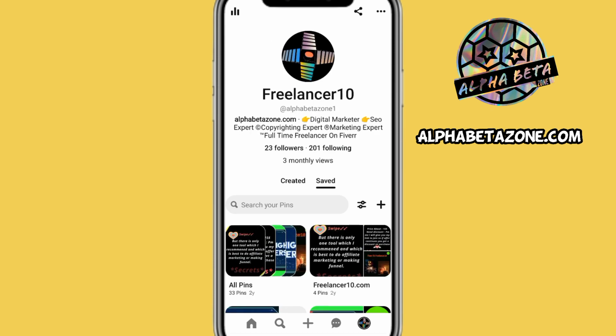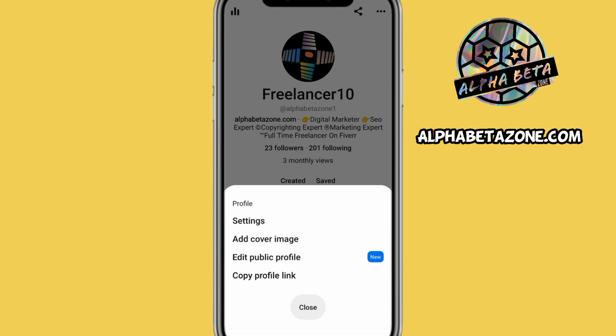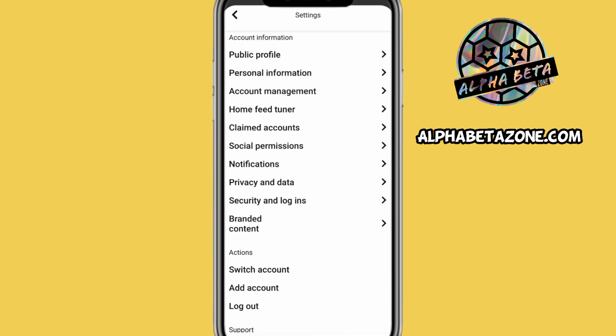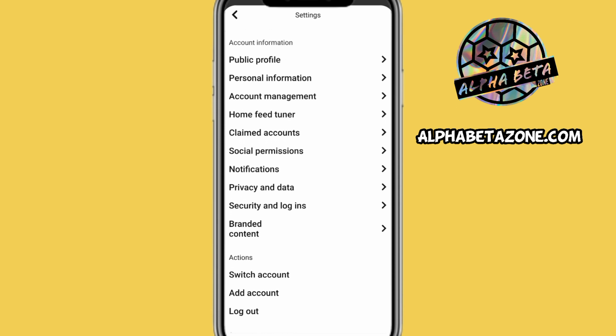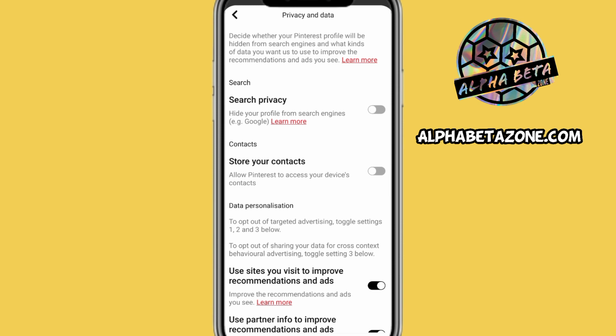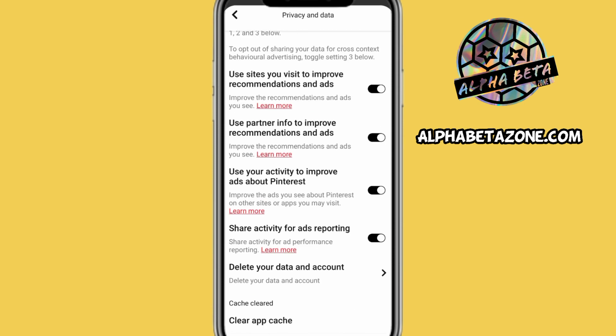First you need to log into your Pinterest account on the Pinterest tab, and here you need to select the three line icon at the top right corner of the screen. Now you need to select the settings option. Under settings there are lots of options, but you need to click on privacy and data, and under privacy and data you need to scroll down, and here you will find an option called delete